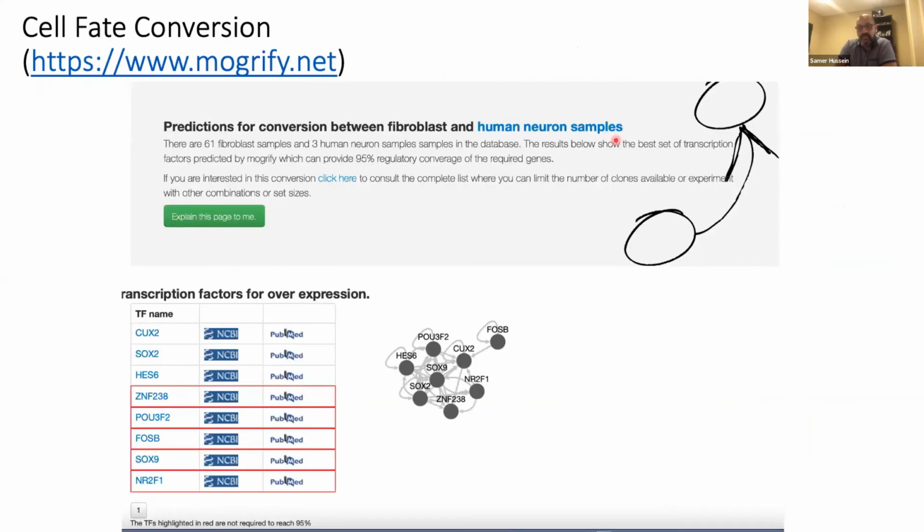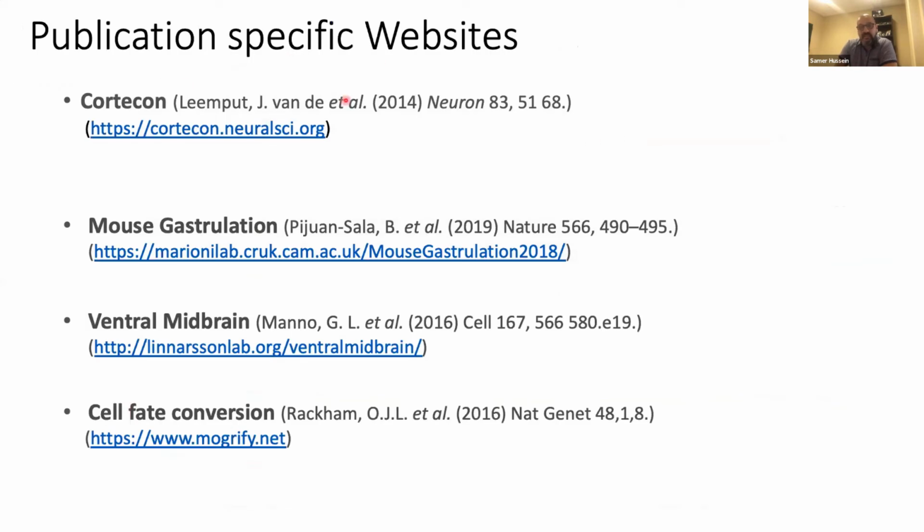I'm going to get into more publication-specific websites now, and these are just 4 that go back to what my interests are. If you ever need to find data for the subject you're interested in, we can work together to see if there are other publications that show it. These are very publication-based, and it's a very nice thing from these groups because they not only share the data, but they present a website that helps you go through their data, with a lot of explanations. I'm going to show each one of those